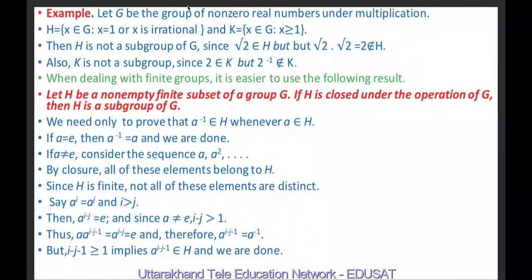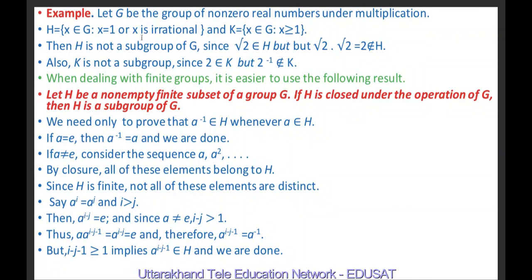For example, let G be a group of non-zero real numbers under multiplication. Let H equal the set of X belonging to G such that X is equal to 1 or X is irrational. Either it is 1 or it is irrational. This is our defining condition. And K is equal to the set of X belonging to G for X greater than or equal to 1. So K is the set of those elements of G which are greater than or equal to 1. Then H is not a subgroup of G because